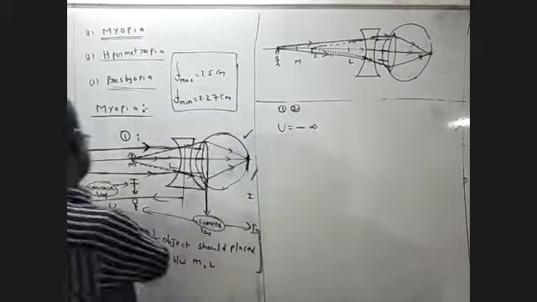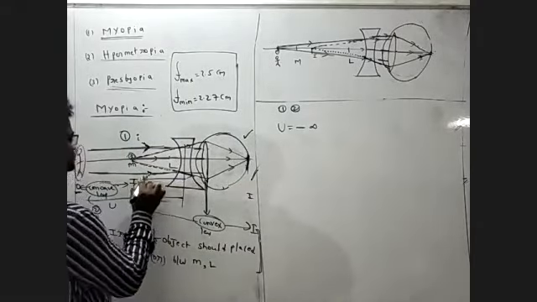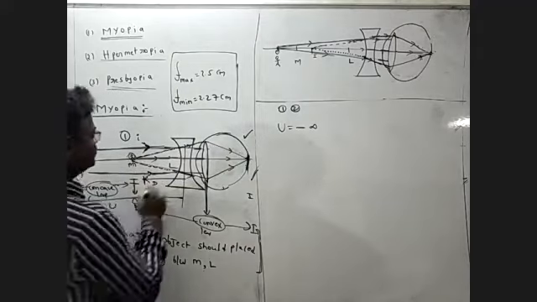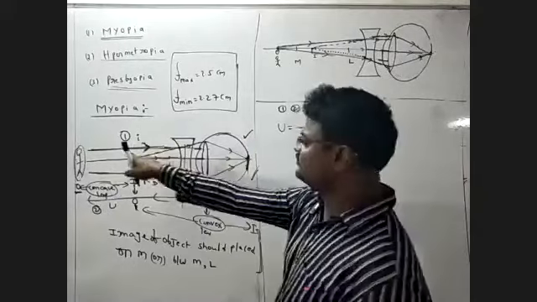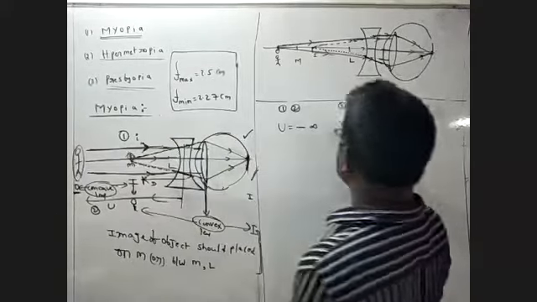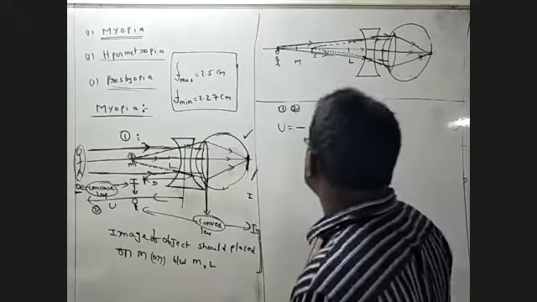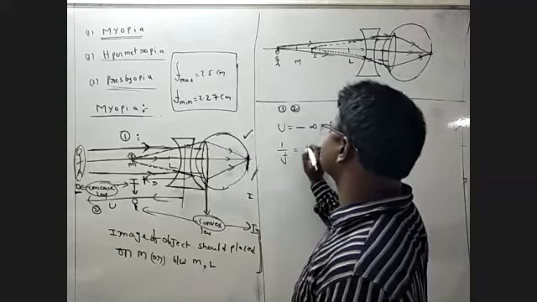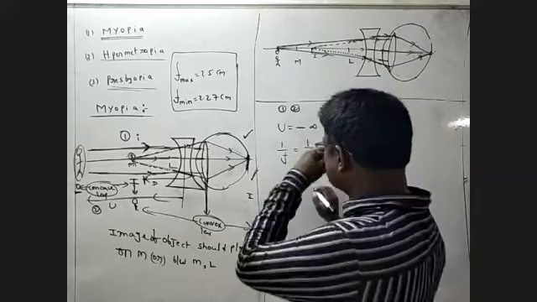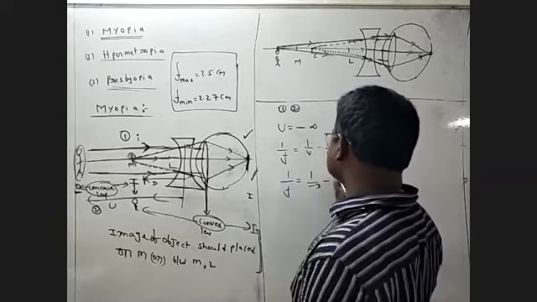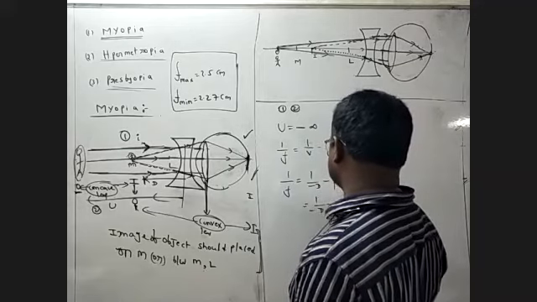The object is placed at infinity. So where is the image formed? From here to here; I'm taking this as v. One is the direction of the incident ray, and two is the direction of the image distance. So v is equal to minus, since both are in opposite directions. Next, focal length: 1 by f is equal to 1 by v minus 1 by u. So what is v? Minus the distance. Minus of 1 by u means minus 1 by infinity, so 1 by f is 1 by minus v plus 1 by infinity.